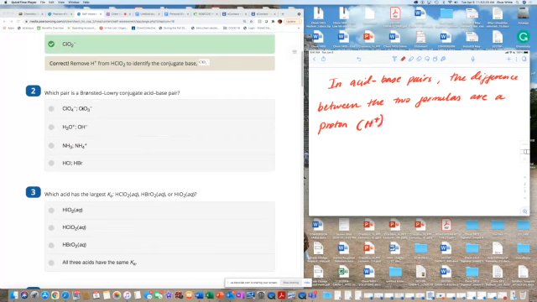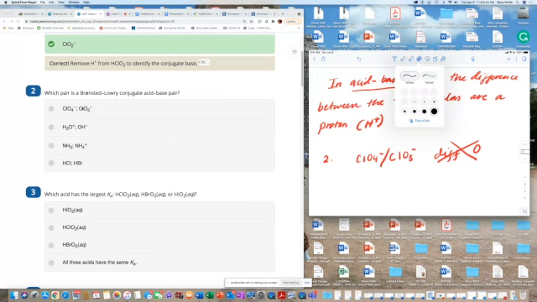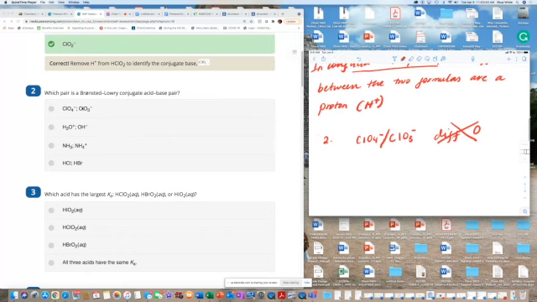Okay. So when I look at my first one, for number 2, I look at ClO4 minus, ClO3 minus. The difference here, I'll do it like this so we can see it. The difference here is an oxygen. So this is not an acid-base pair. It's not a conjugate acid-base pair. I left the word conjugate out here. This is part A. Part B,